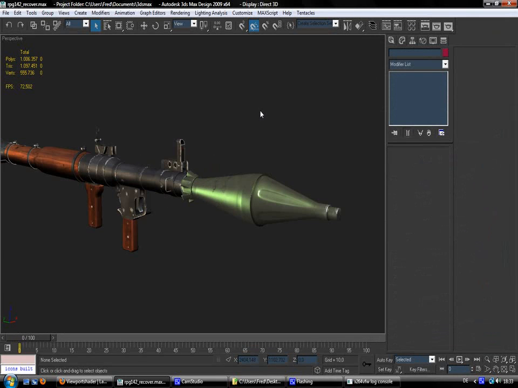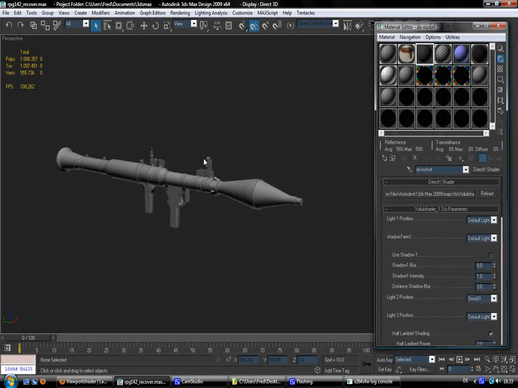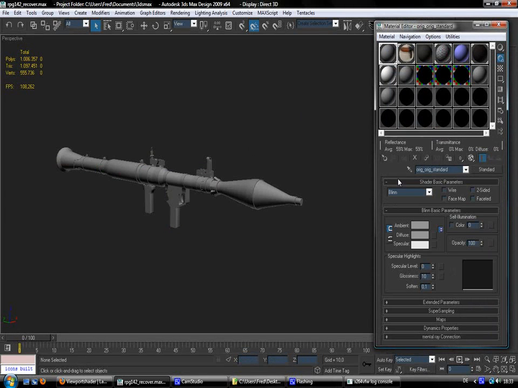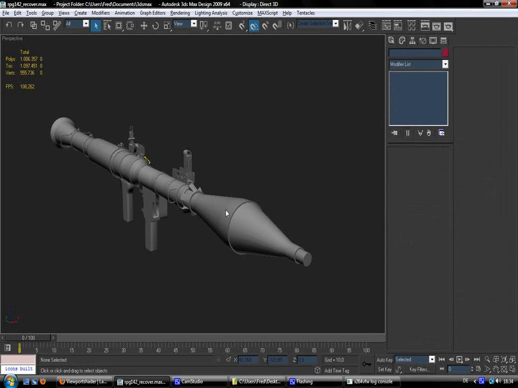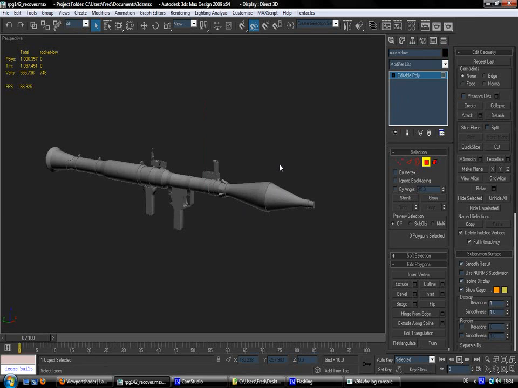Okay, so let's go to the exporting process. I'm gonna apply my standard gray shader here, just a normal standard gray. And it's really important that you make some work here on the model